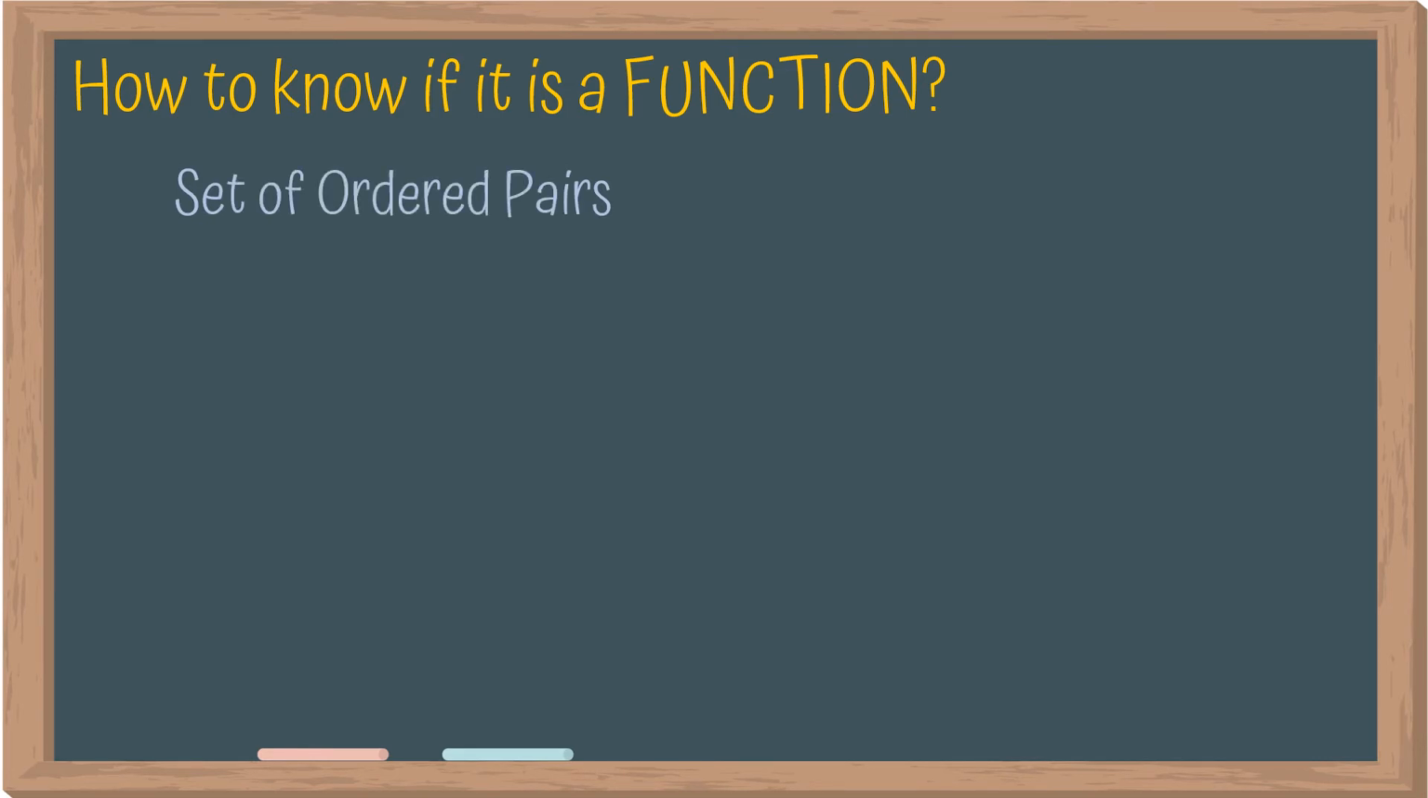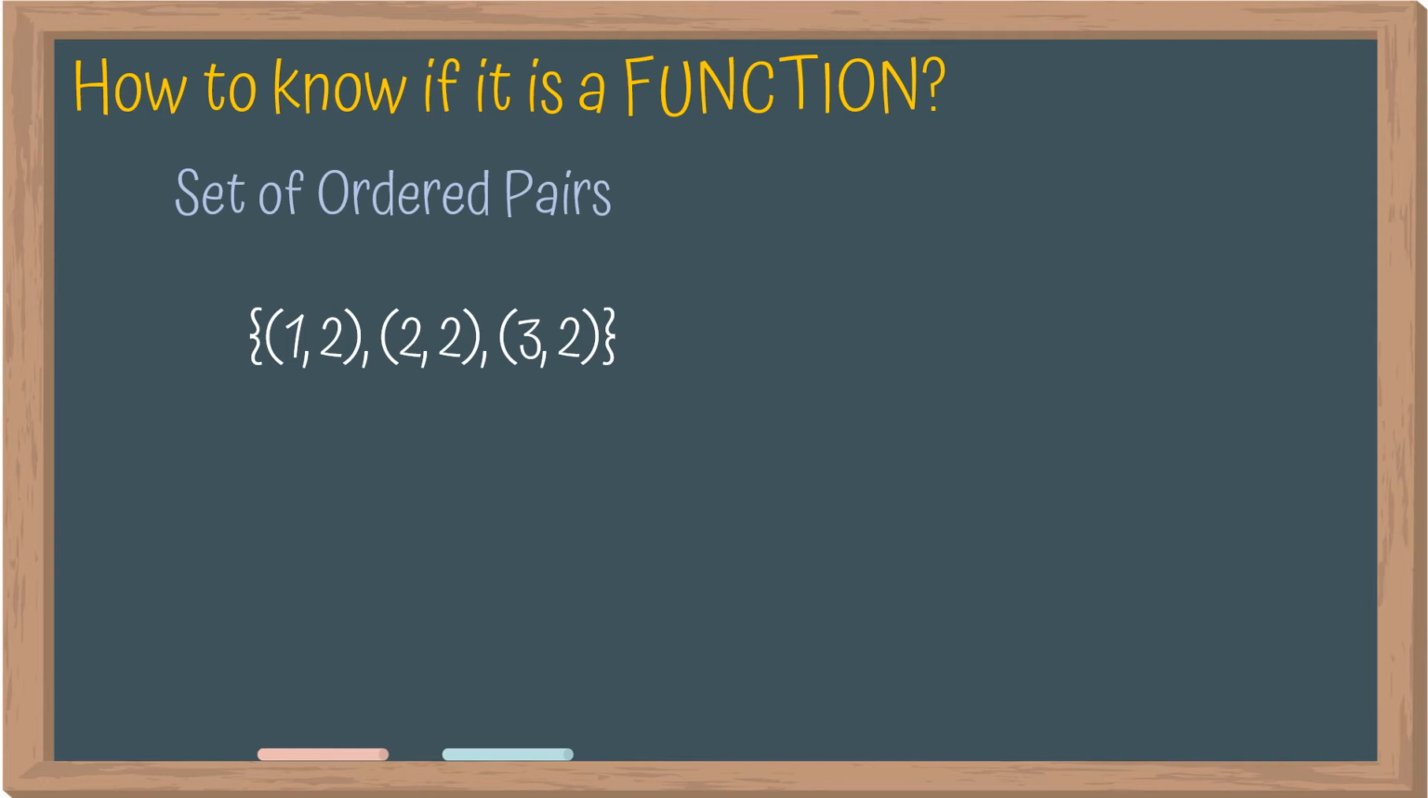So sa definition natin kanina ng function, sabi doon, every element of the domain should be paired with exactly one element in the range. So ibig sabihin, bawat element daw na ating domain, kailangan isa lang ang ka-pair niya sa range. Let's take a look at this one. So let's say we have here 1, 2, 2, 2, and 3, 2 as our set of ordered pairs. To check whether this is a function or not,